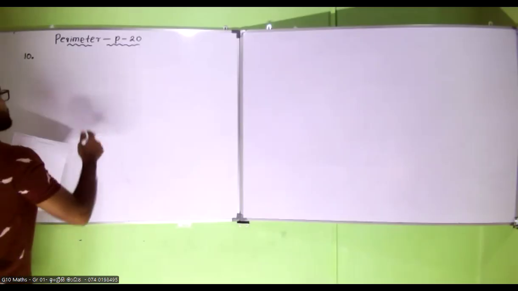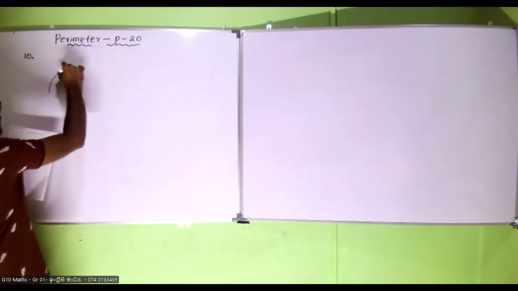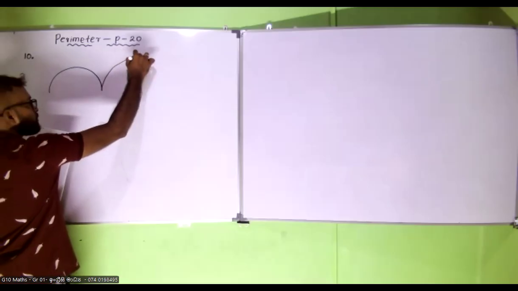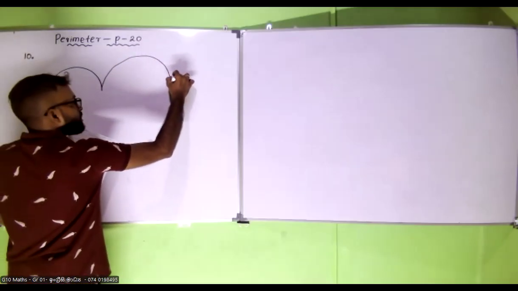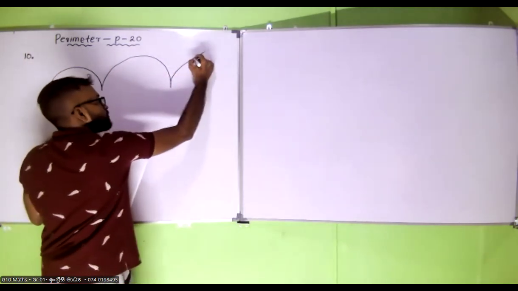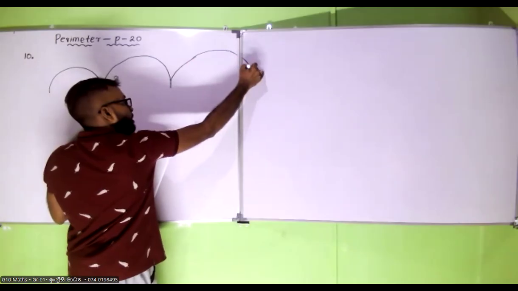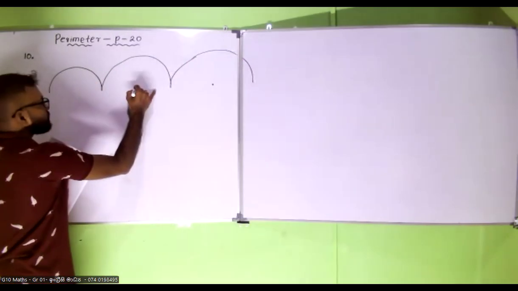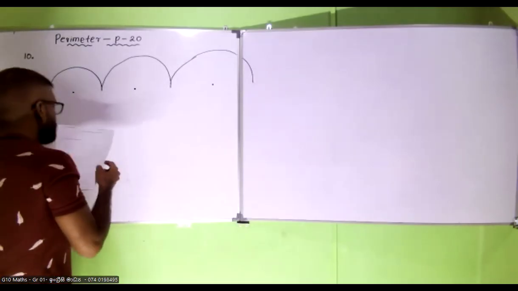So it is something like this. There are 3 wires, and those 3 wires are half circles. And they have given